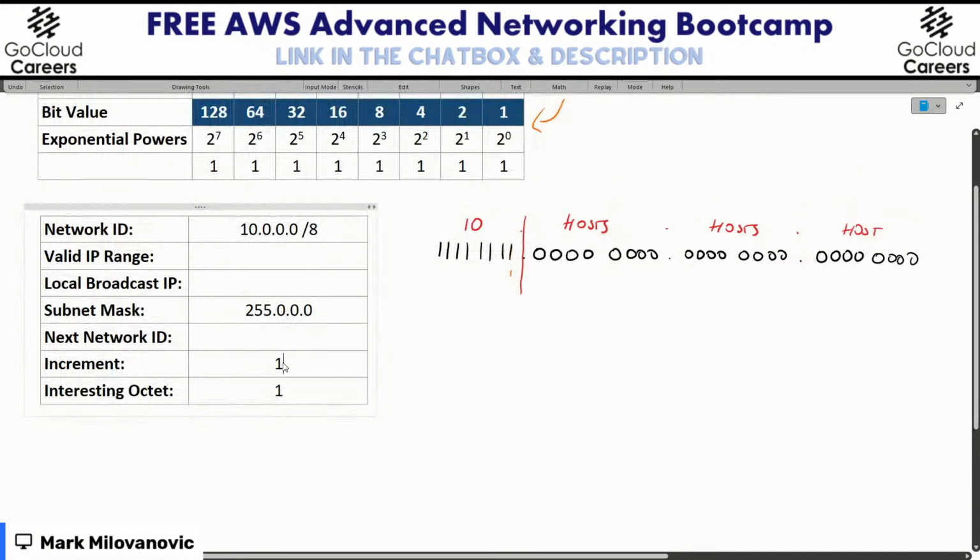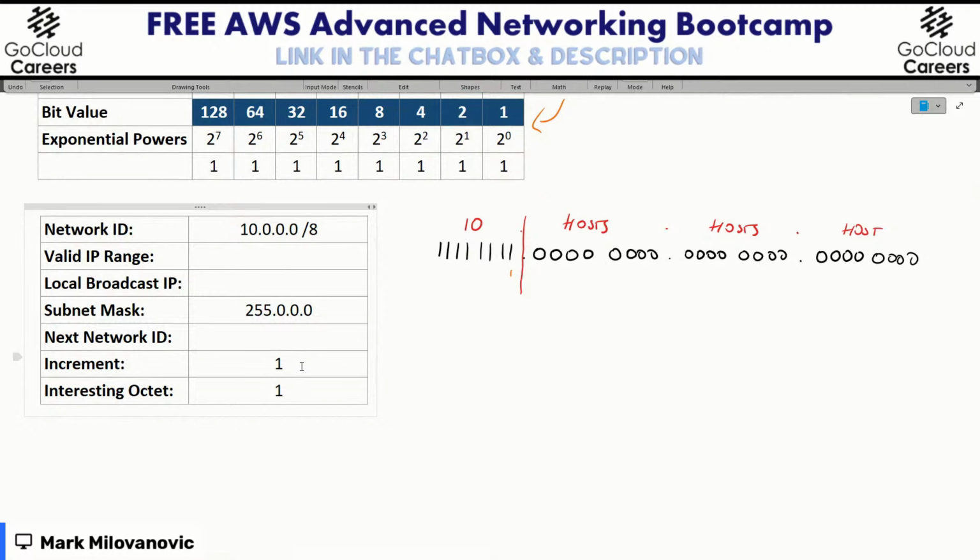Okay? So now there's going to be shorthand ways or quick ways of doing it, tips and tricks. We're not going to get into that. We'll do it on the next example. But quickly, what I wanted to show you guys here is that we know by what size my network increments when it comes to these numbers, which is the 1. Okay, so I'm going to leave that there for a second. I'm going to move on though, because this is going to be more like a quick way of doing it once we know this value. And I want to focus on the beginning and the end of our network.